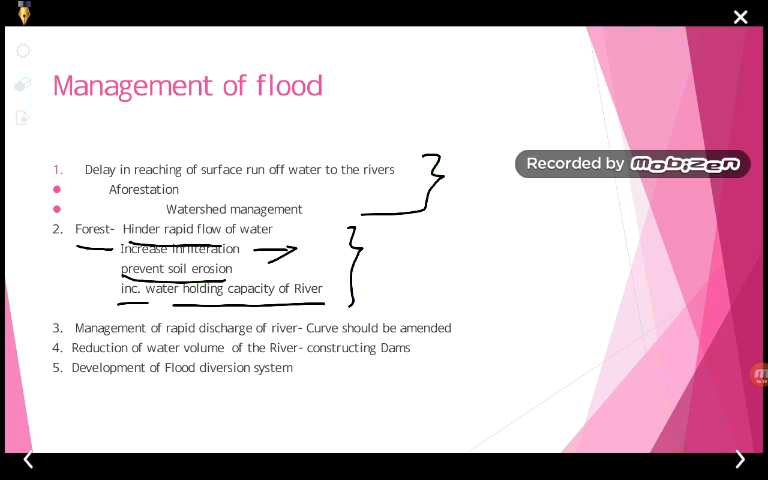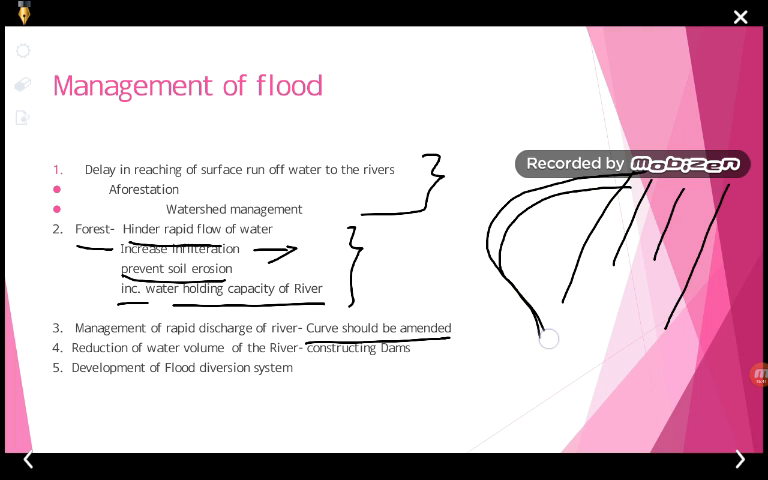Next is management of the rapid discharge of the river, or you can say how this can be achieved by means of curve amendment। मतलब पानी का जहाँ पे भी बहाव है उस बहाव को अगर हमें कम करना है तो हमें कुछ कर्व मेंटेन करना पड़ेगा। सो बाय मीन्स ऑफ मेंडरिंग, और यू कैन से बाय मीन्स ऑफ अमेंडमेंट ऑफ द कर्व we can achieve this. Next is reduction of water volume of the river। रिवर का जो वॉल्यूम है इसको हम रिड्यूस कर सकते हैं बाय मीन्स ऑफ कंस्ट्रक्टिंग डैम एंड देन स्टोरिंग इनसाइड द डैम। नेक्स्ट इज डेवलपमेंट ऑफ द फ्लड डाइवर्शन सिस्टम। फ्लड डाइवर्शन सिस्टम का यूटिलाइजेशन करके हम मैनेजमेंट ऑफ द फ्लड कर सकते हैं।